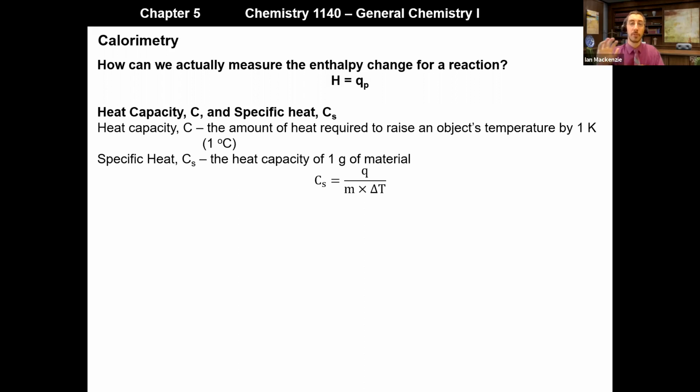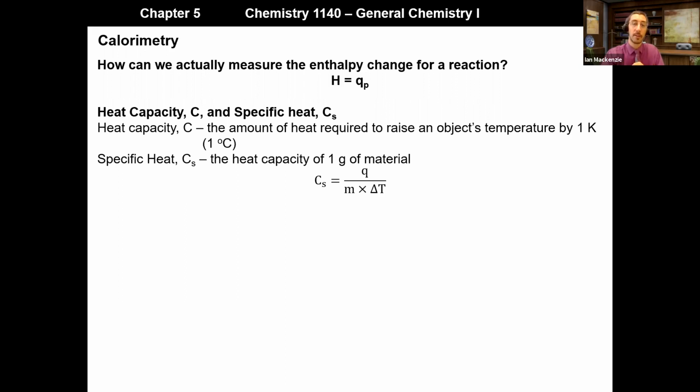Change in temperature is always final minus initial here. And this gives me an equation where I could actually measure the specific heat for an object or for a metal, providing that I was able to measure the amount of heat or knew how much heat I was giving